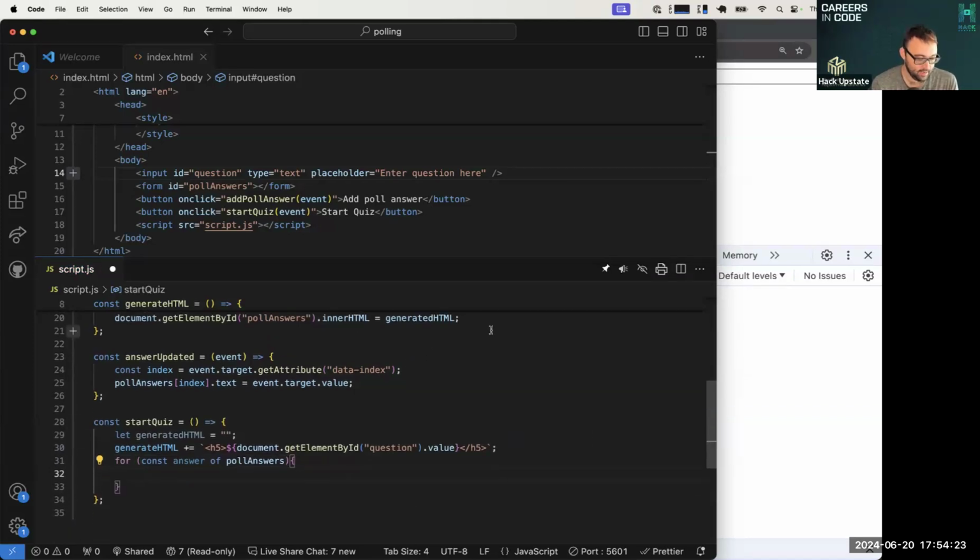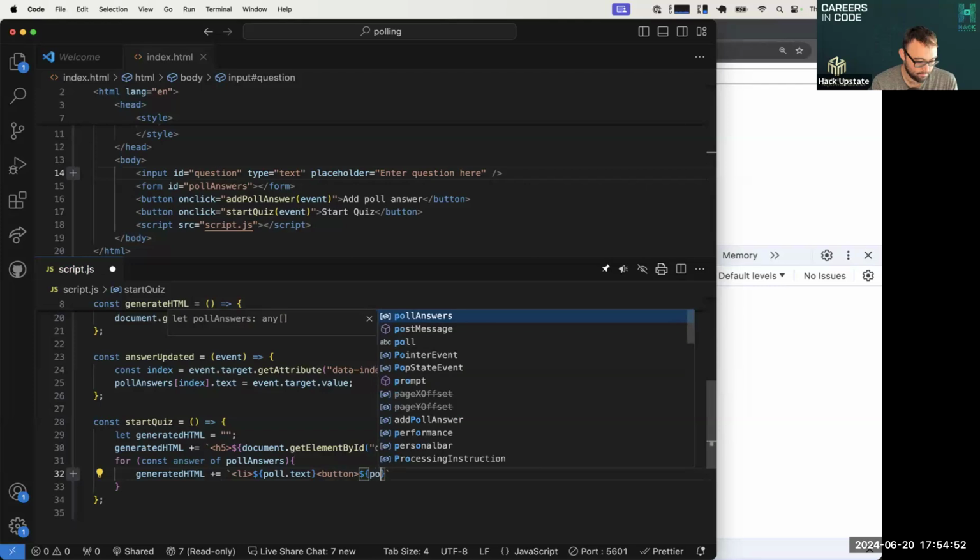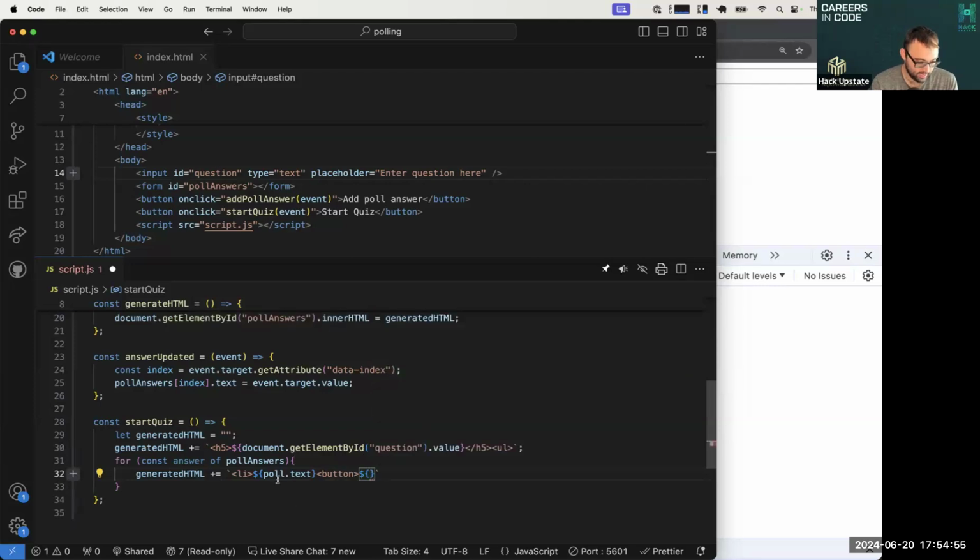And say, I'm gonna add everything to an unordered list and then say generated HTML plus equals a list item with the poll text and a button with the poll answer text and answer count, and close out the li,